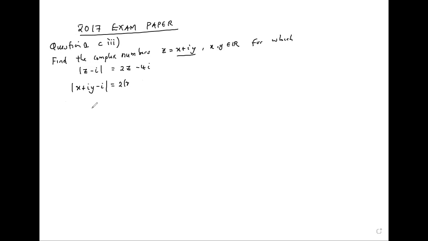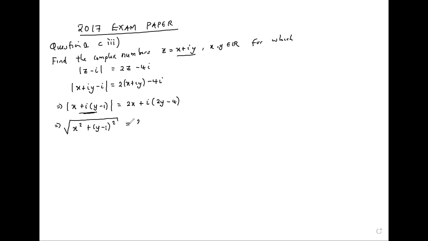so 2X plus IY. This means that inside here you can write as X plus I factored out, 1 minus 1. Outside as 2X plus I factored out, 2Y minus 4. And then get this guy. This guy is the square root of X squared plus Y minus 1 squared, which is equal to 2X